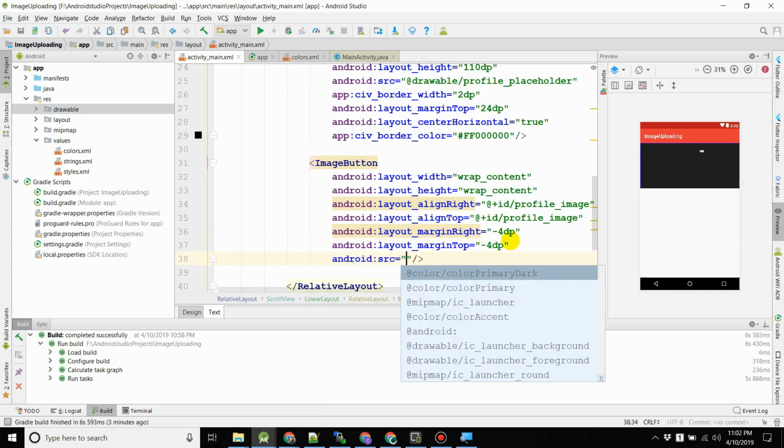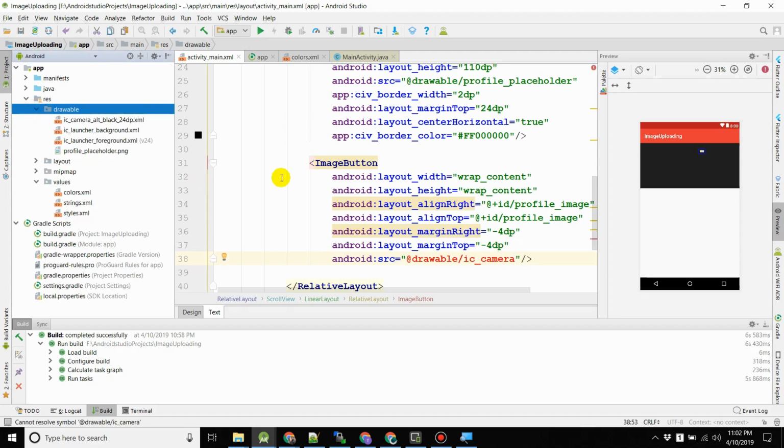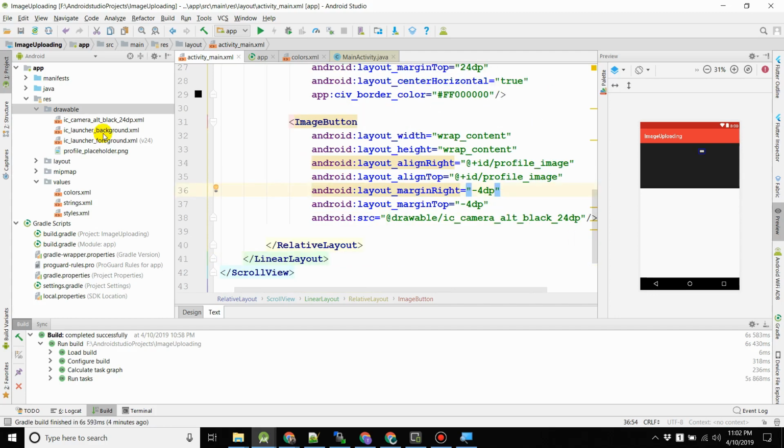Source, ic_, @drawable/ic_camera_alt_black_2040. Now I need a yellow background